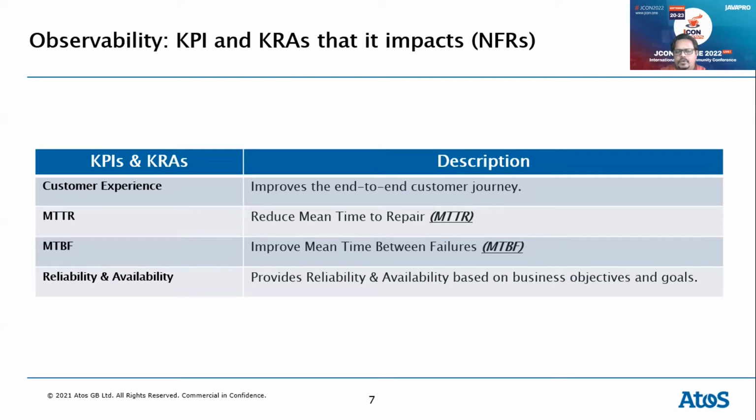You also have reliability and availability. Obviously, these are all interlinked, and this definitely provides higher reliability and availability of the systems. Same is the case with performance and scalability. So if you have those things integrated into your observability stack, you will make sure that you are monitoring it and taking corrective actions when you see there's an issue happening, if there's a bottleneck, and how that is resolved. So this is basically that entire set of KRAs and KPIs that are impacted. Obviously, they are only improved if you have the observability solution stack as part of your enterprise landscape.